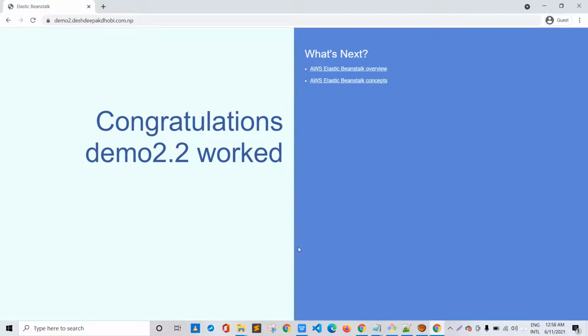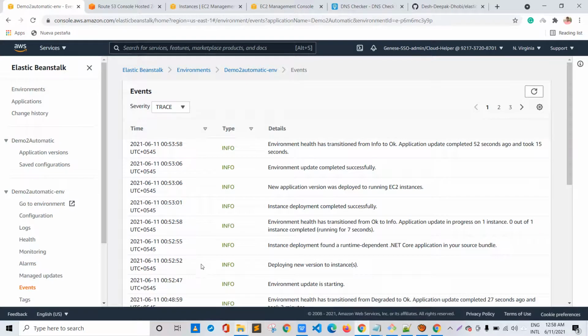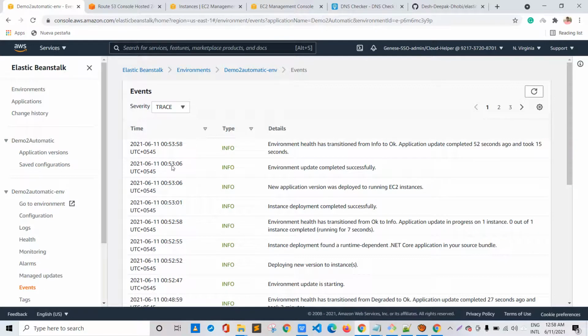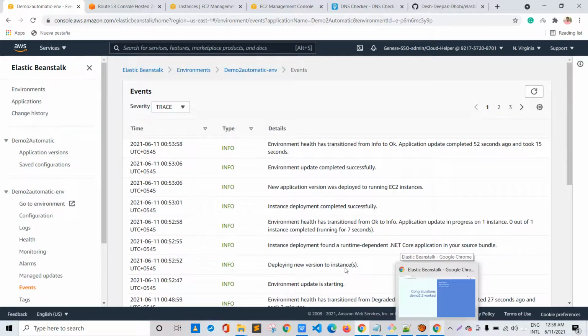So yes, as our scripts are intact with the zip file, every time we upload our changed application code onto the Elastic Beanstalk environment, the scripts that we have written also get executed with those changes, so the files that are related to the SSL implementation also get executed with the changed code.